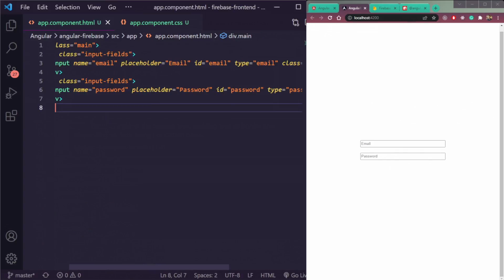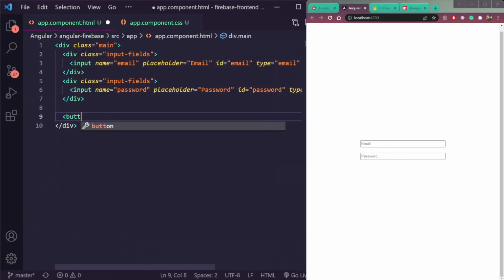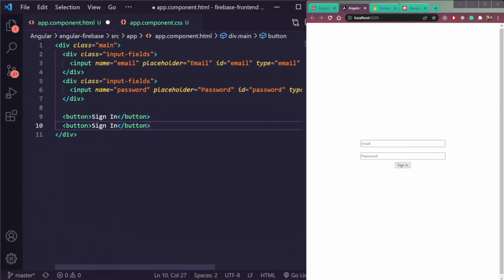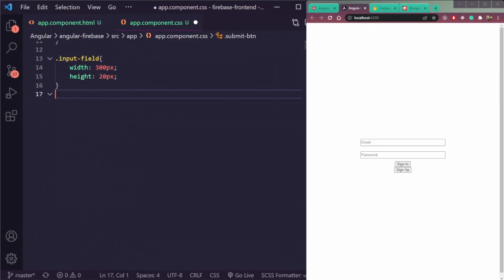Now we need a button. So we can just make a button here. The button should be, let's say, sign in, and one more for sign up. See, we have two buttons. Give them a class also, button, or we can just do submit button. We already have it, so we don't need to use this. We can remove these buttons. We will just say button and